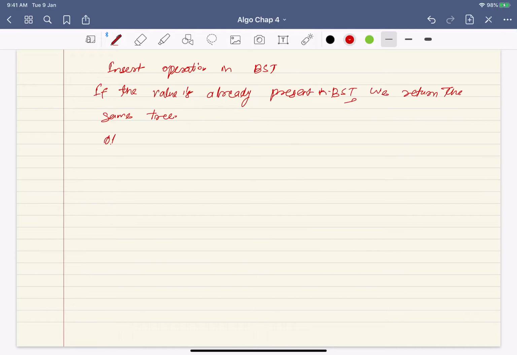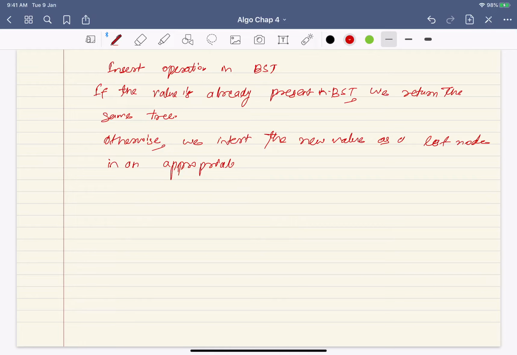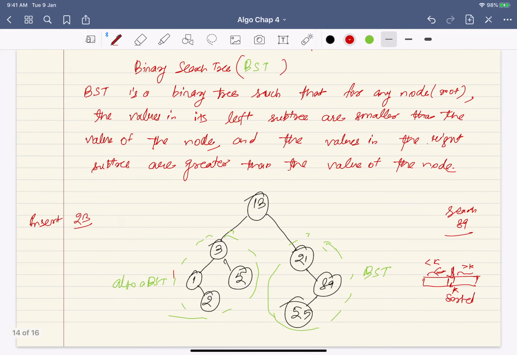Otherwise, we insert the new value as a leaf node in an appropriate position. That's what we will see: where exactly do you want to insert it?